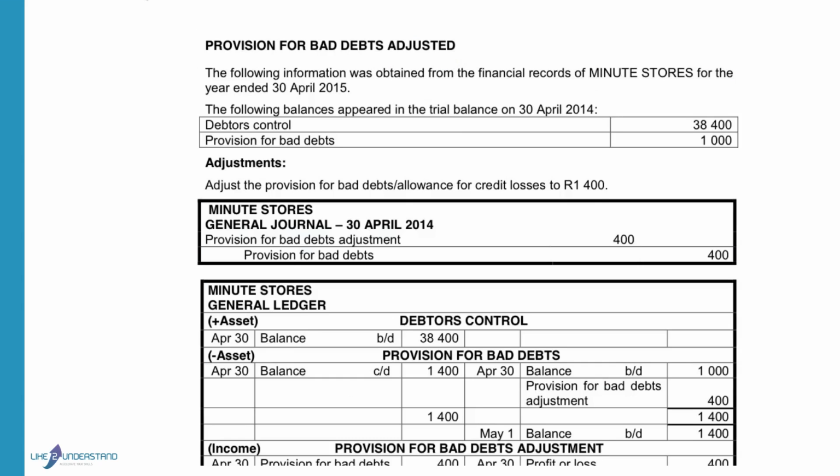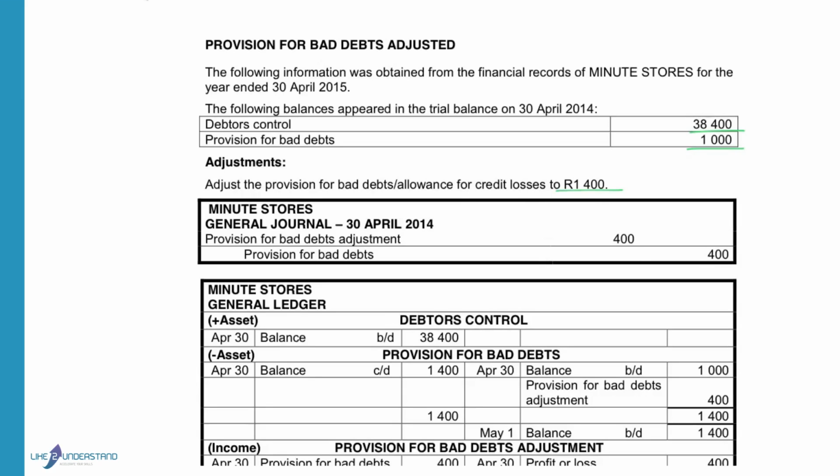At the end of the following year, the debtors balance will be 38,400. The provision for bad debts is 1,000. That is the amount that we left in our books at the end of the previous year. We never record any entry in the provision for bad debts account except at the end of the financial year. The provision for bad debts must be adjusted to